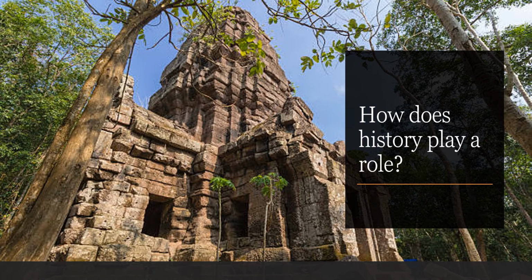The question for us is going to be, how does history play a role? Pictured here you see Prasat Kruba, or Prasat Ta Kwai, which is also known as Prasat Ta Kwai in Thai. It's a disputed Cambodian temple which was built during the Angkorian period and the golden age of Cambodian history. This 11th century religious site was constructed to be dedicated to the Hindu god Shiva and has become a tourist attraction near the Thai-Cambodian border in recent years.